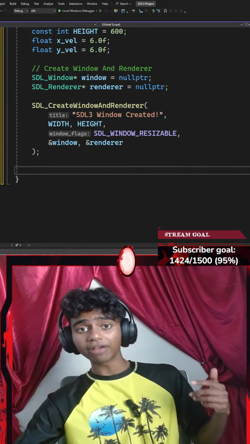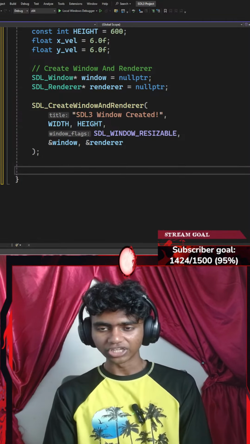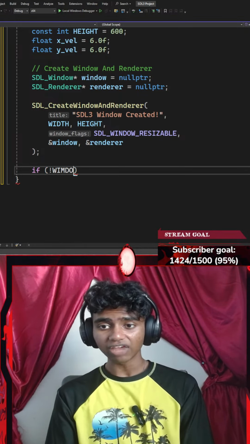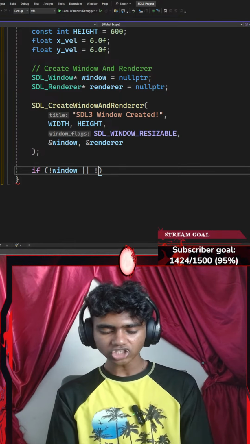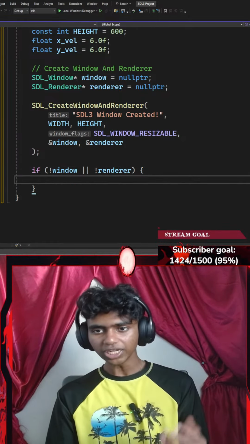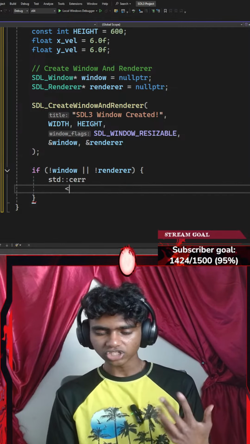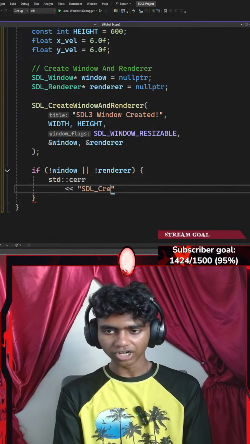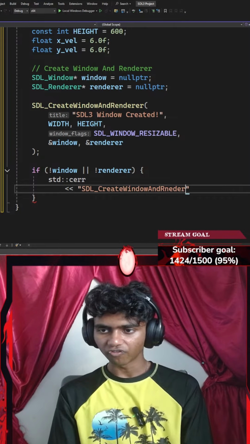Now that I've created my window and my renderer, let's use an if statement to check if they were actually created properly. So to do that, I could go with something like if, a pair of parentheses. Let's say if my window was not created properly, or my renderer was not created properly, I'm going to do something. I'll go with a pair of curly braces, and then I'm going to add a standard C error with an insertion operator. I'm going to be getting an error called something like SDL_CreateWindowAndRenderer